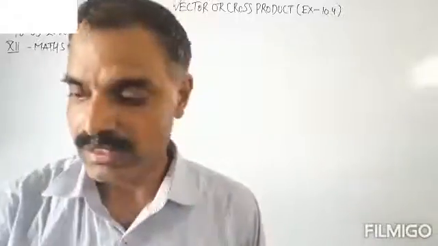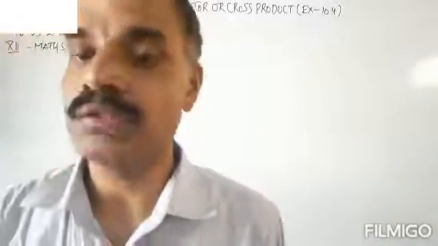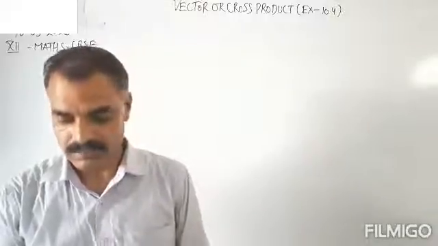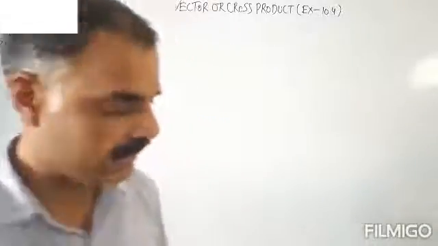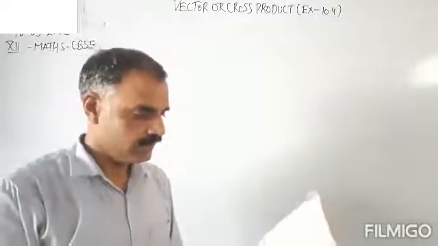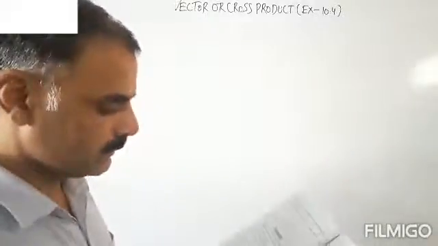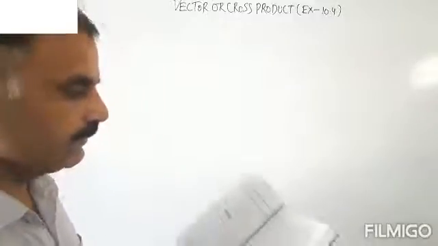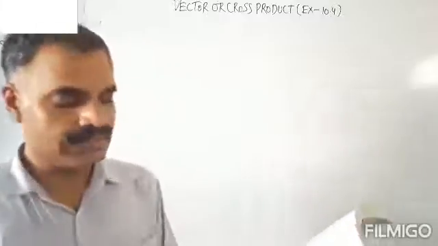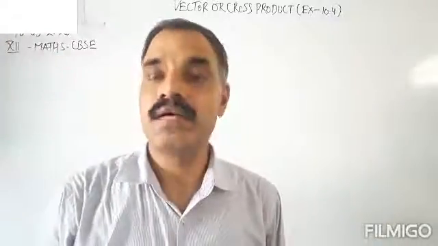So now let us take the next question. Now come to the question number 9. Directly come to the question number 9. Find the area of the triangle with the vertices A, B and C. We have been given